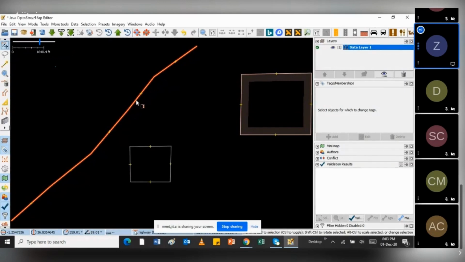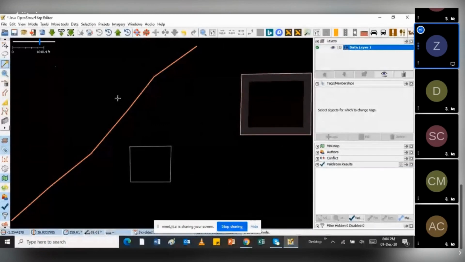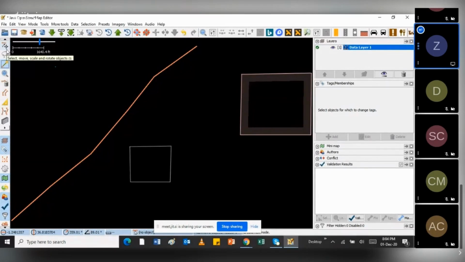So I think that's how you do it. If you want to draw, you click on the drawing node, then you add. Once you finish drawing the feature, just click on escape. Then once you click on escape, you can draw a new feature, or if you want to select, you can click on select, then select the feature and add the tags. I don't know if I've answered your question.